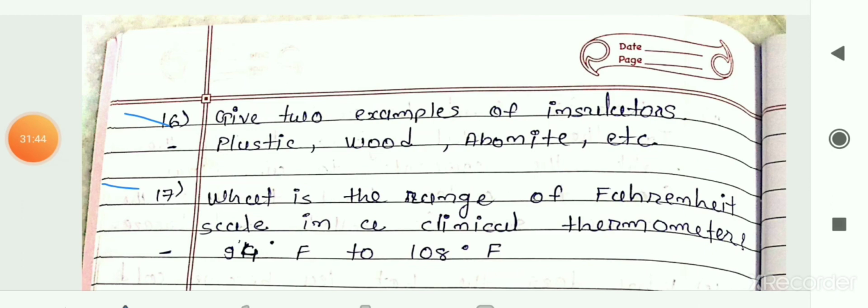So here our short question answers, that is, answer in one sentence, get over. Till now in this video, we had seen choose the correct option, fill in the blanks, one word answer, true false, and answer in one sentence. You have to write all this exercise in your science notebook as homework. In the next video, we will see the rest of the exercise for this chapter. Thank you.